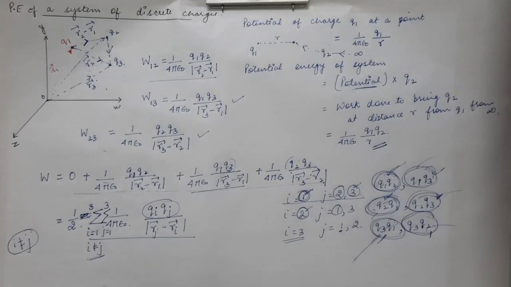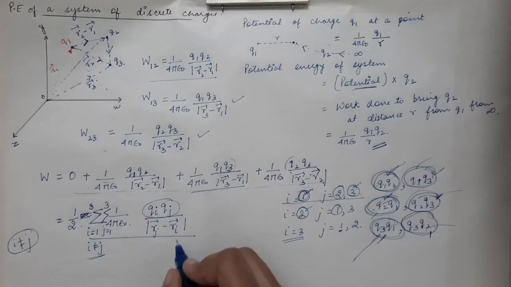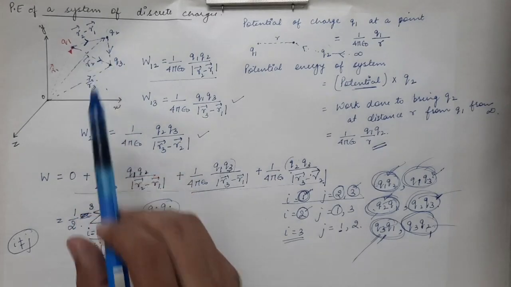So this double factor can be omitted by dividing this whole expression by 2. So this is the final work done. It is the general form of work done in case of bringing the 3 discrete charges,